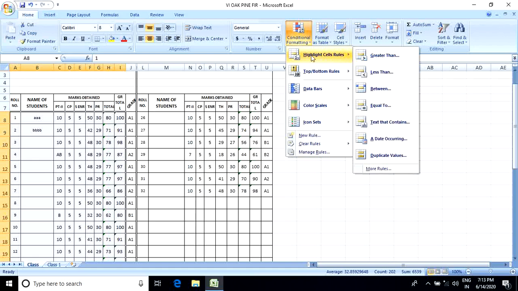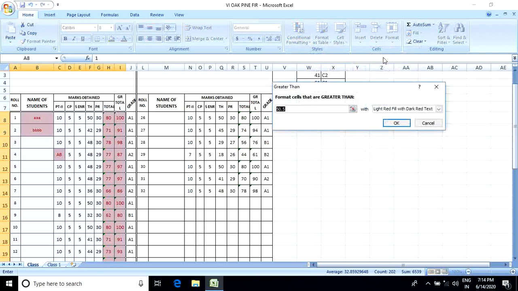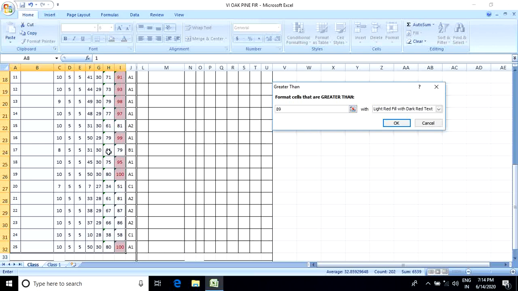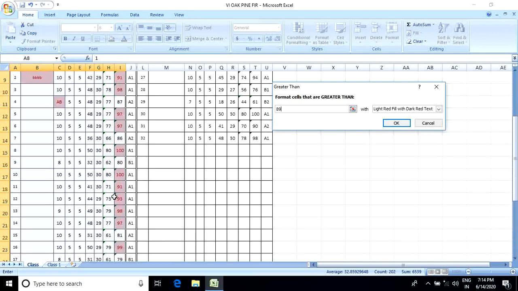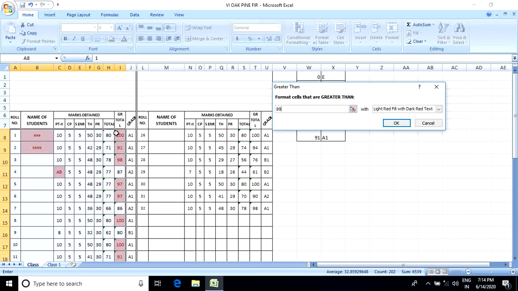So here highlight cell rules and you select the greater than option, and here we type 89 or 90. Look at that, the color will change. These are the persons who got above 90.